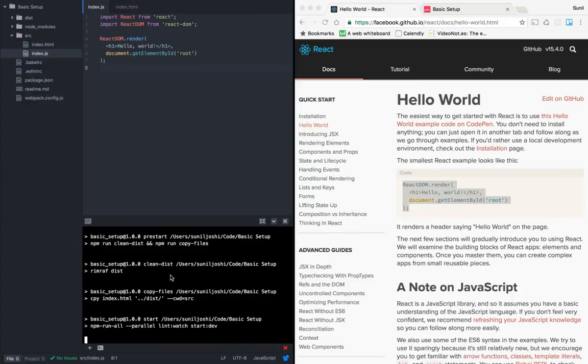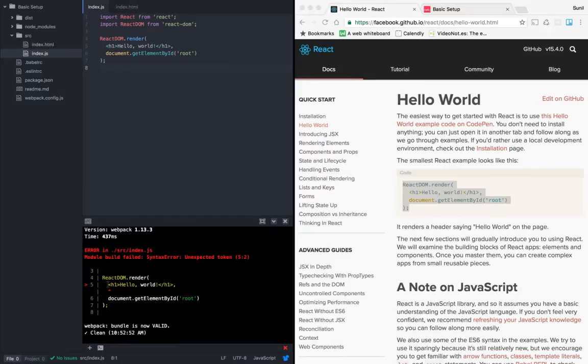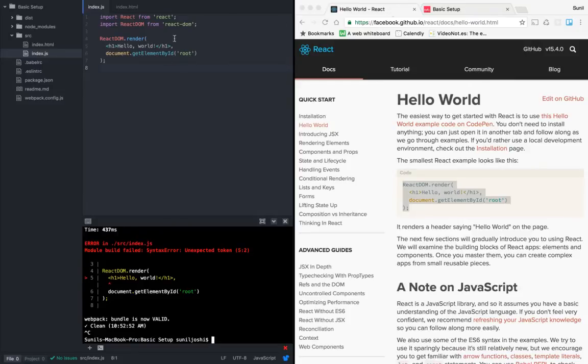Oh no. Yeah, I was expecting this to happen, as Babel is doing the transformation, and Babel doesn't understand this code. What the hell are you writing? You're writing HTML inside JavaScript, so it doesn't understand this. We need to tell Babel that what I'm writing is some React code, so you better understand.